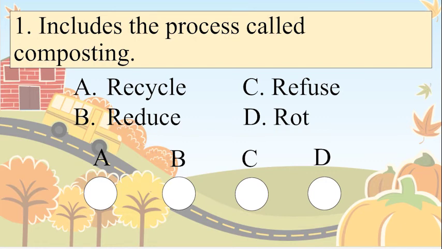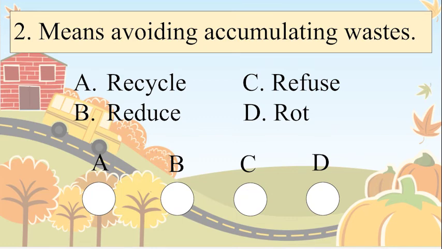The correct answer is... Number 2. Means avoiding accumulating waste. A. Recycle. B. Reduce. C. Refuse. And D. Rot. And the correct answer is